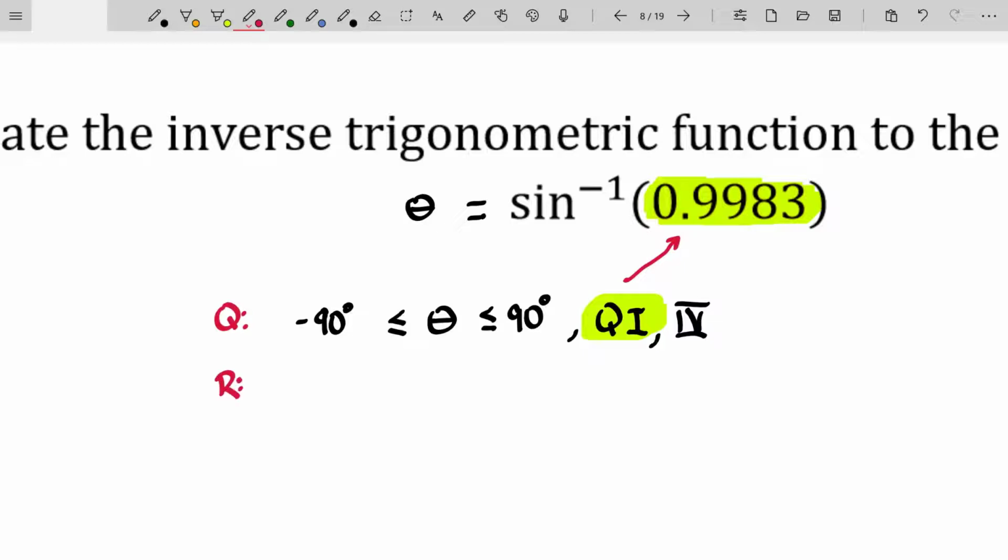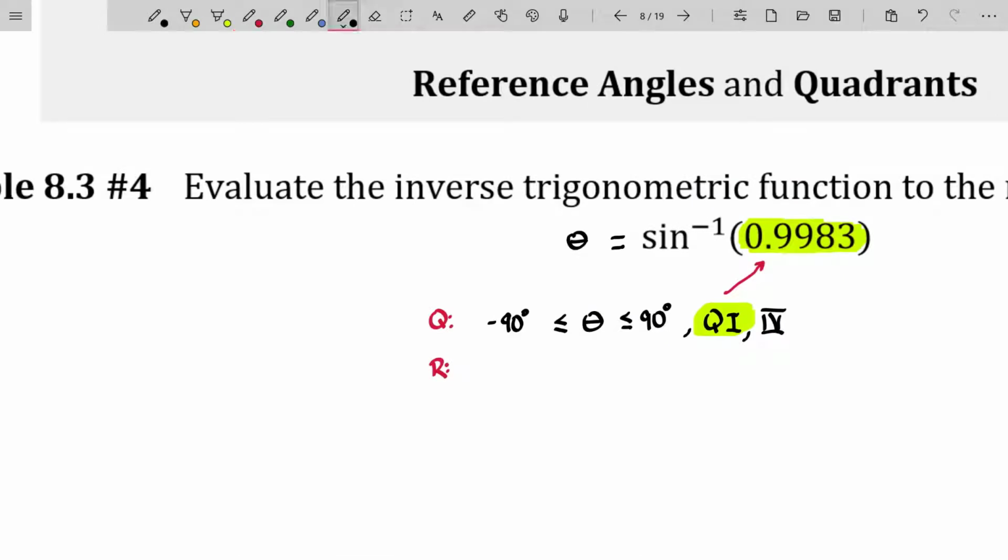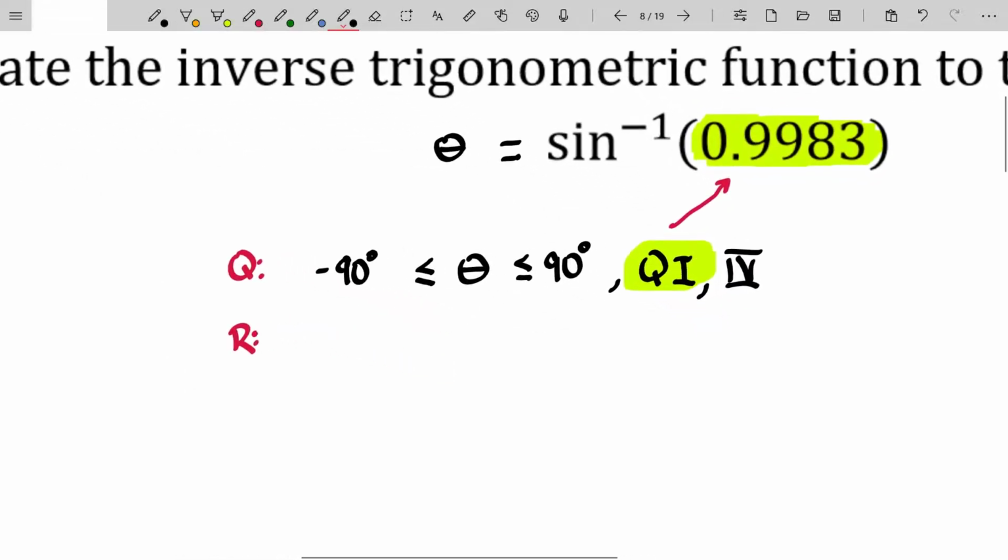Now let's find the reference angle. Well, the fact is that when you're in quadrant 1, your reference angle is actually going to be your true angle as well. Again, if you find your reference angle is 10 degrees and you know your answer's in quadrant 1, then your actual angle is 10 degrees. So the reference angle and real angle are going to be the same here because you're in quadrant 1. But just to showcase how I do this, I'll treat this as if the real angle is not in quadrant 1,